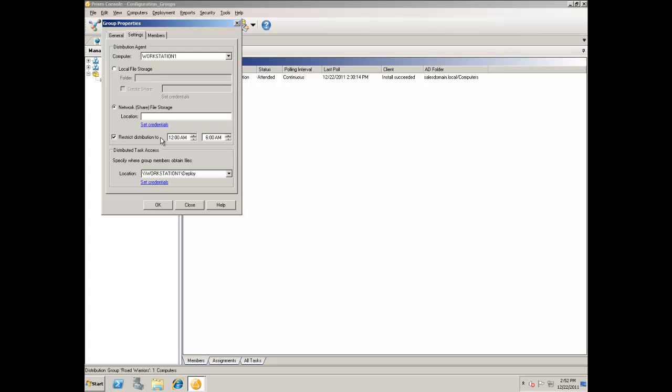So what would happen if I assigned a task to run as soon as possible, but because the machine I'm assigning the task to is in one of these remote office distribution groups and it hasn't yet replicated due to time, am I going to get an error? No, you won't. Will it run after it's been distributed? After the payload of that task has been distributed, then the assignment for that task will run. All right, that is our quick discussion about